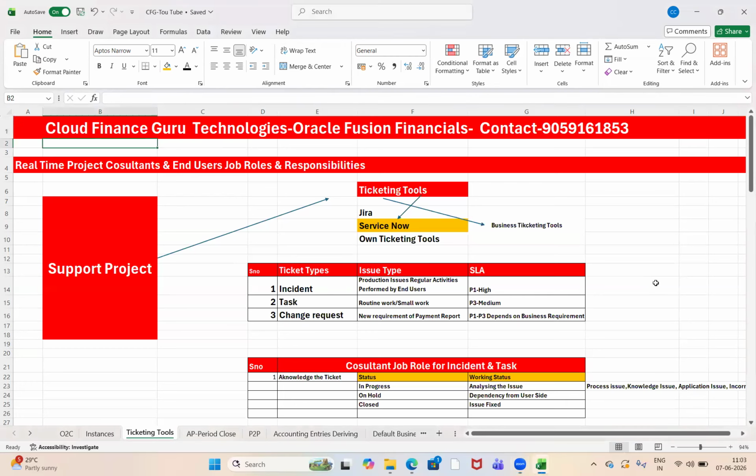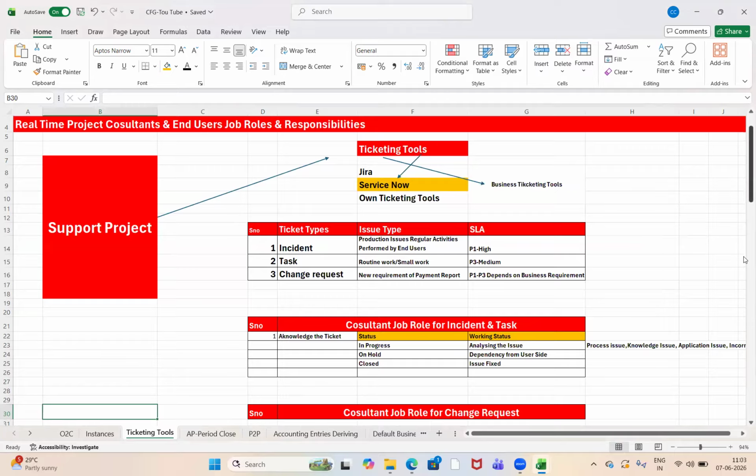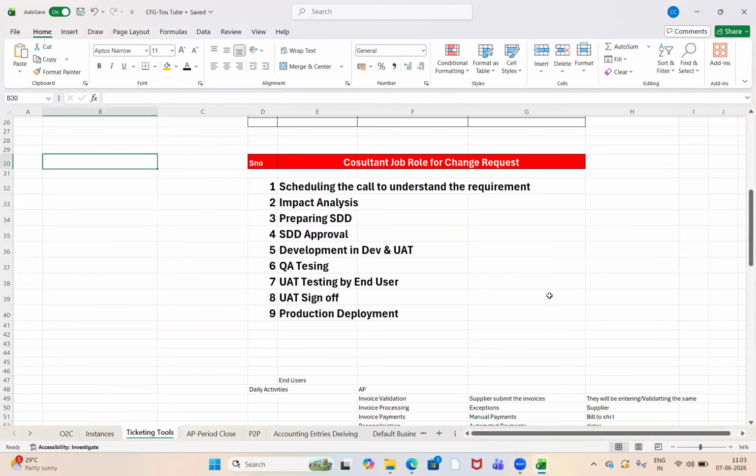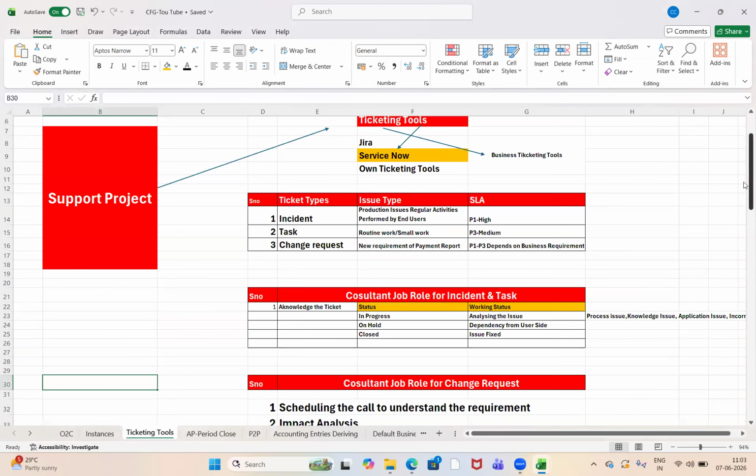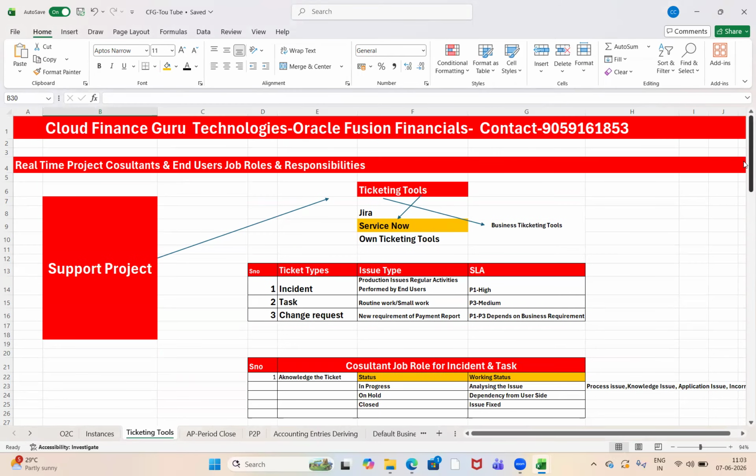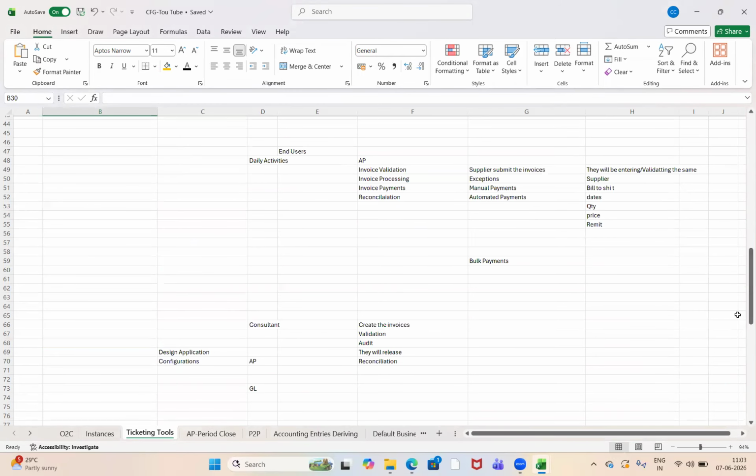Okay. And moreover, let me show you. This is about data migration, roles and responsibilities. How pricing will come, type of project, types of issues we have discussed. Now let me show you regarding